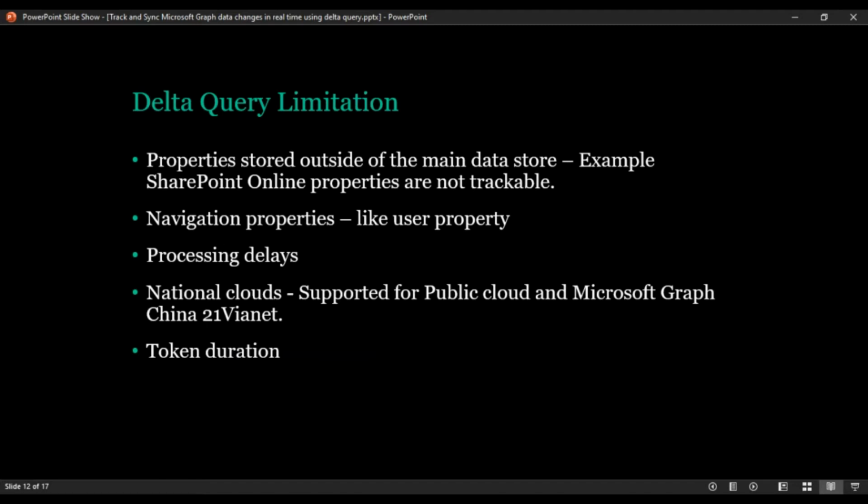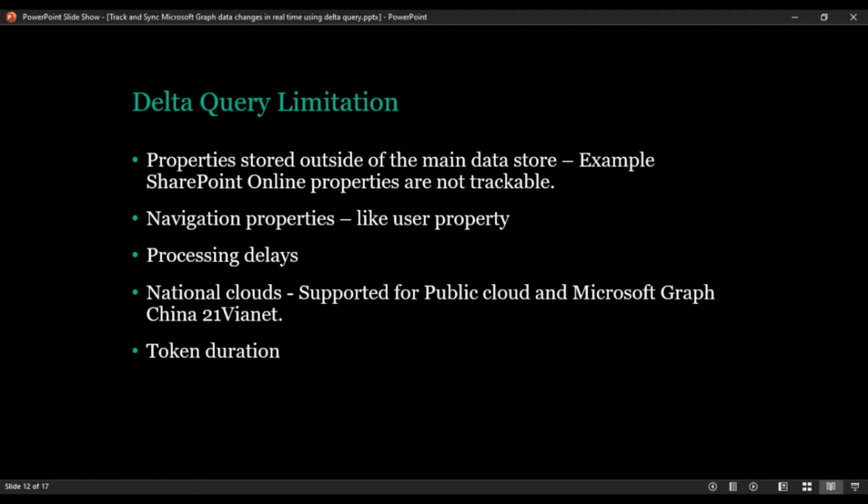So two different data stores are maintained for a single user. In this case, the main data store is Azure Active Directory, and SharePoint Online is the additional one. The properties maintained in SharePoint Online, like your department related properties, or if it is synced over there, or any other SharePoint related custom property, will not be trackable in your Delta query. It is possible to track only from your main data store.